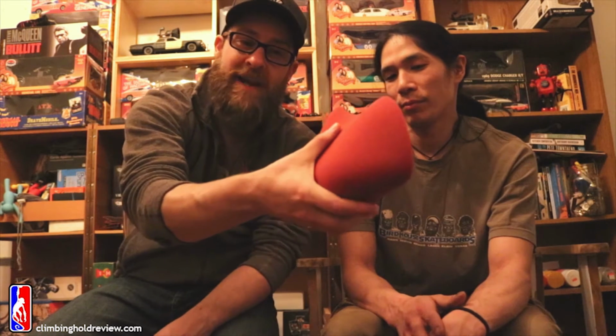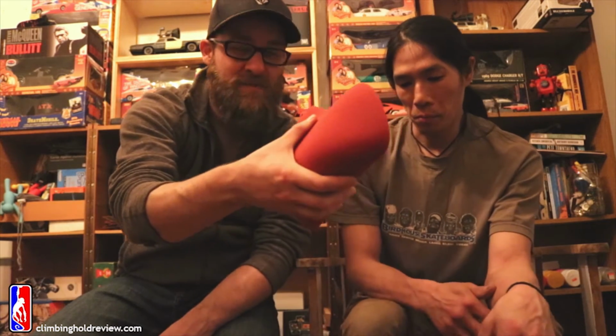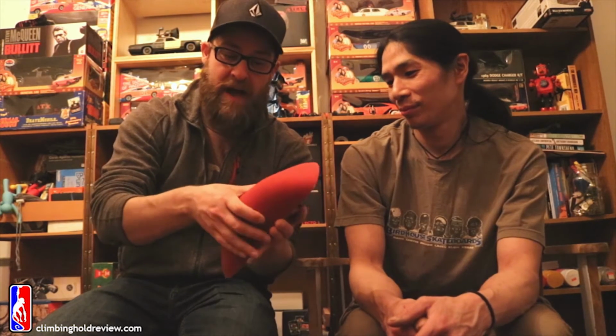the shape and the slope actually allows, with the scoop here, you can actually get through and get a really, I'm going to say nice thumb catch, but it's actually not that good a thumb catch. All of the thumb catches on these holds are crap. Like, they're bad. It's one of those, oh, it's just enough, but...